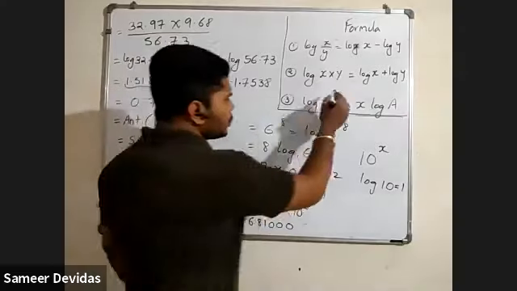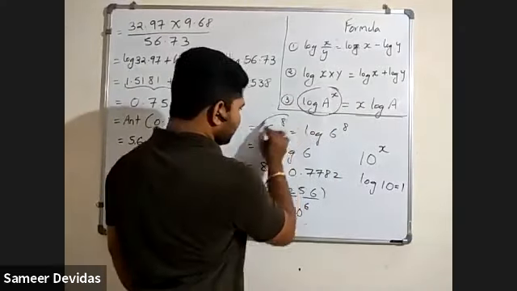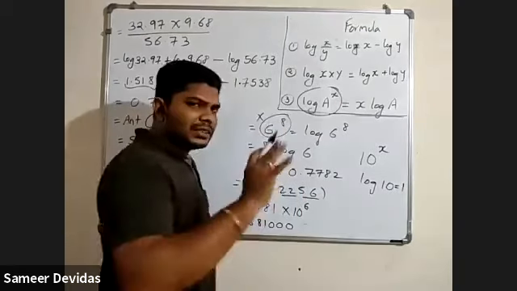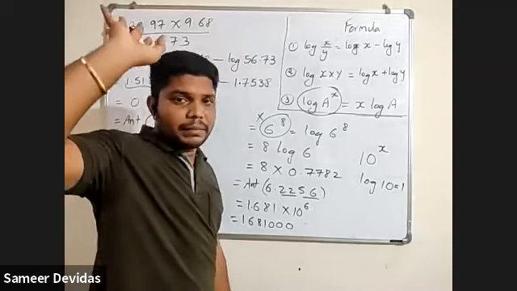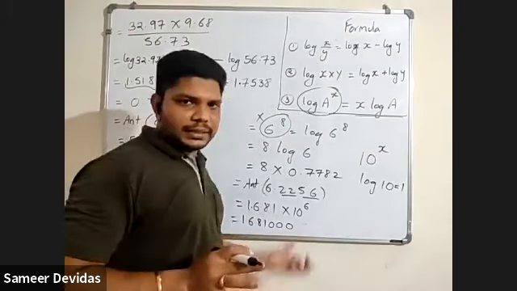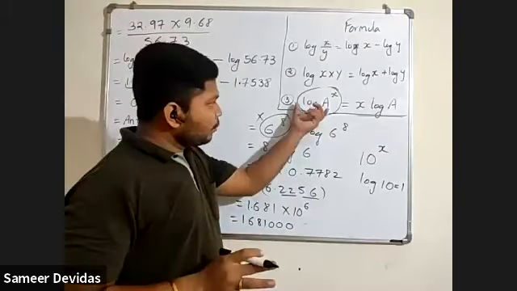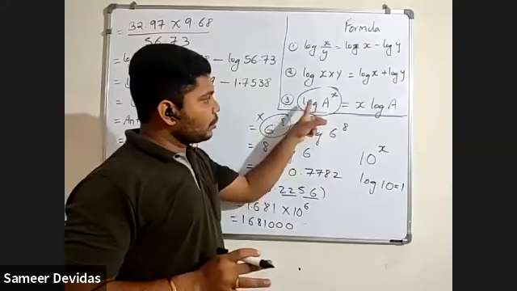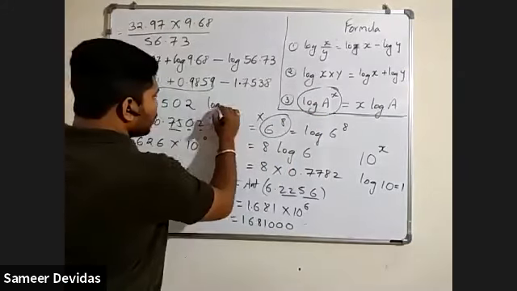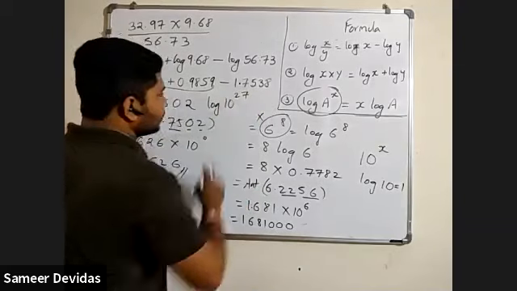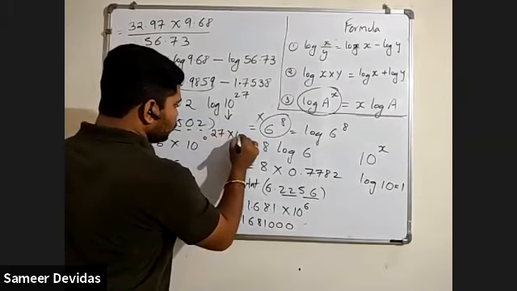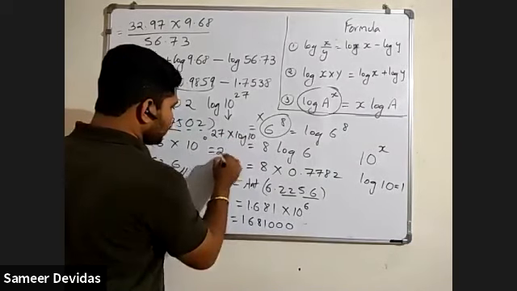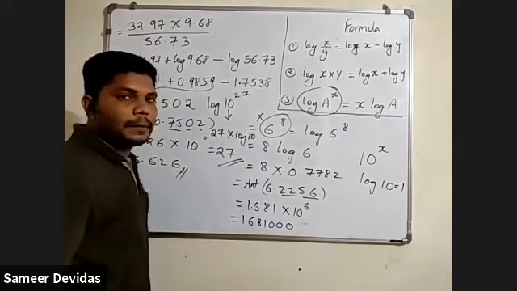Only thing is, most of the time we have to use this formula, not like this. This is just what I have shown in the logarithmic part in mathematics. We have to deal with such type of problems where log 10 raised to 27. So this is nothing but 27 into log 10. This is nothing but 27. Clear? Yes or no?